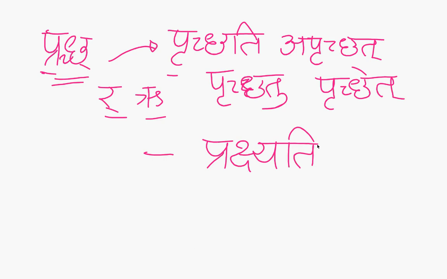Yes, Mahodaya. So pruchhati, apruchat, pruchhatu, pruchet. So prakshyati. Note again, the same pattern is there. Pracha changes its form just like gam changes to gaccha for those four lakaras. For these four, pracha changes to prucha, aprucha. But for lut it does not change. The dhatu remains as it is, and the vikarana pratyaya, which is not very obvious here, also applies. Same thing for ish also.